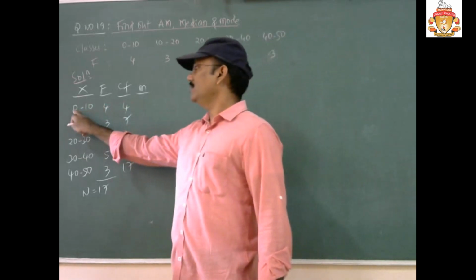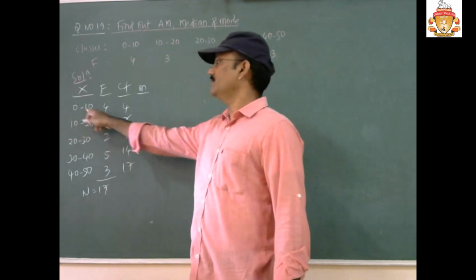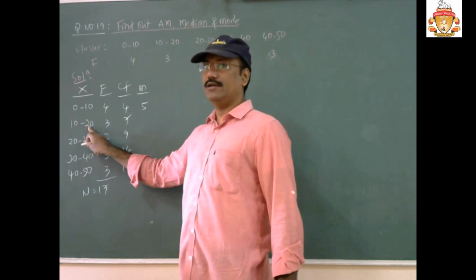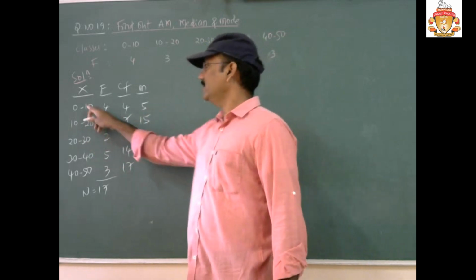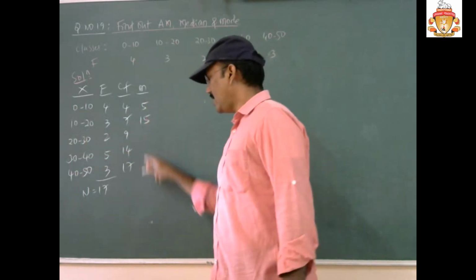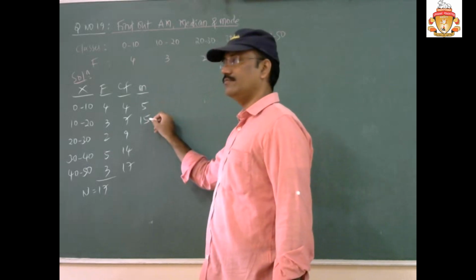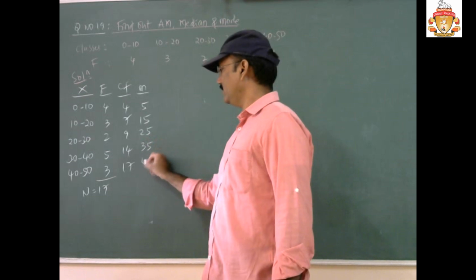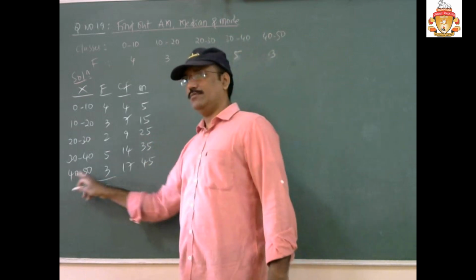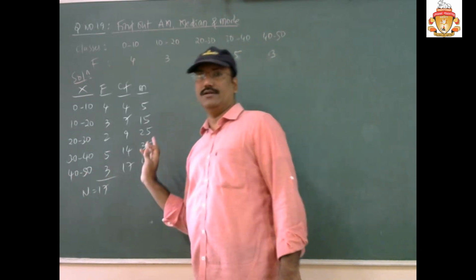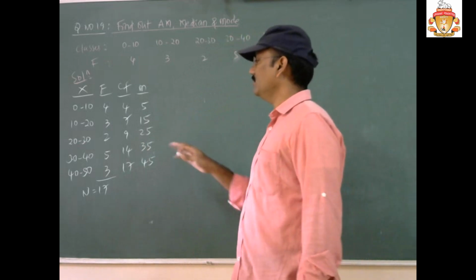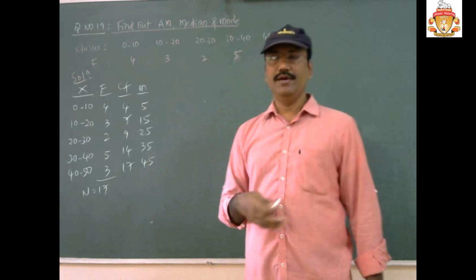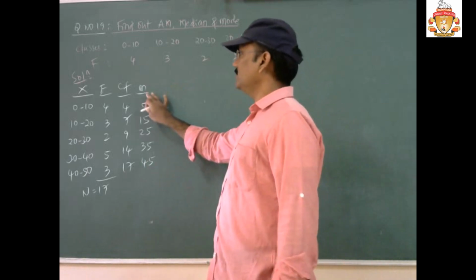How to find the m? Lower limit plus upper limit divided by 2. 0 plus 10 divided by 2, 5. 10 plus 20, 30, divided by 2, 15. Otherwise, the difference is 10, so you add the difference 10 each time: 5 plus 10, 15, 25, 35, 45. Otherwise, 40 plus 50 divided by 2 is 45. Like that, add lower limit and upper limit divided by 2, otherwise take the deviation. Then this m is required now.